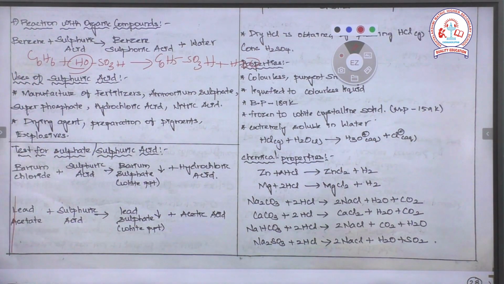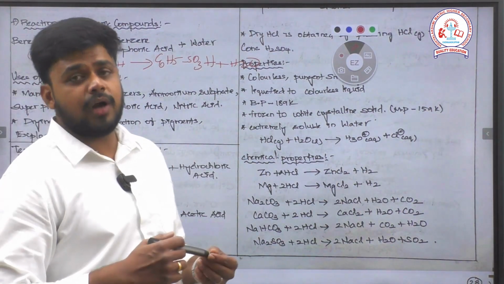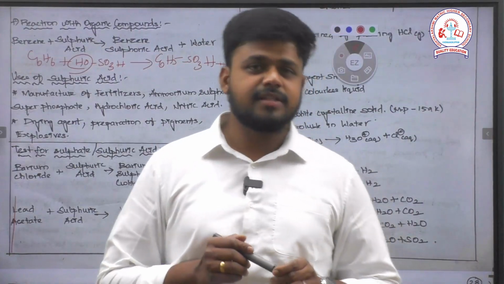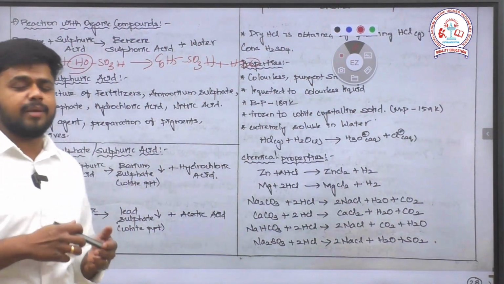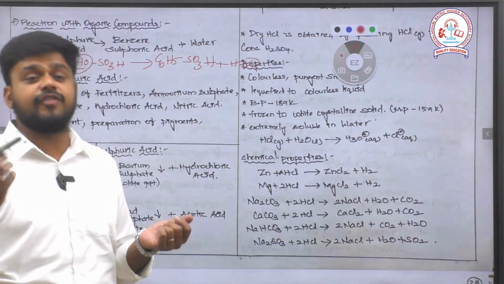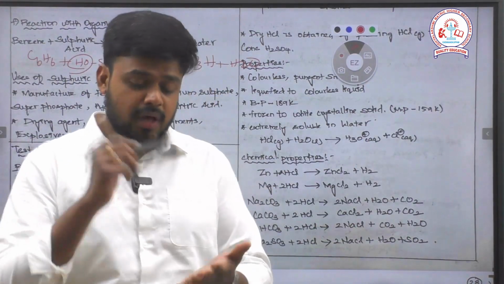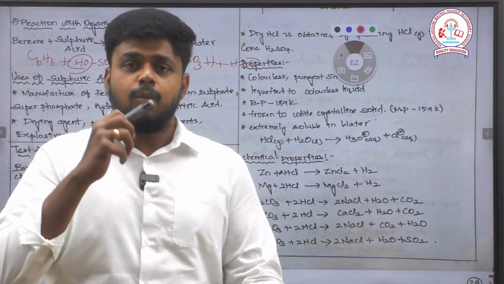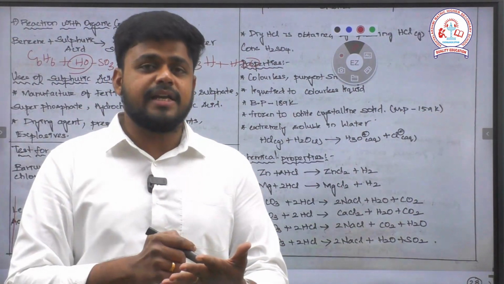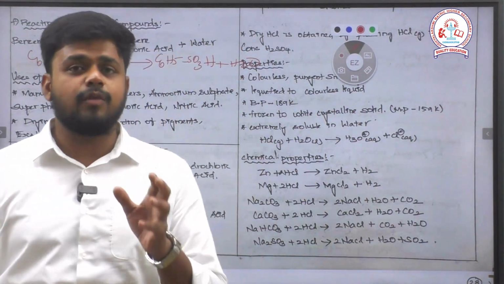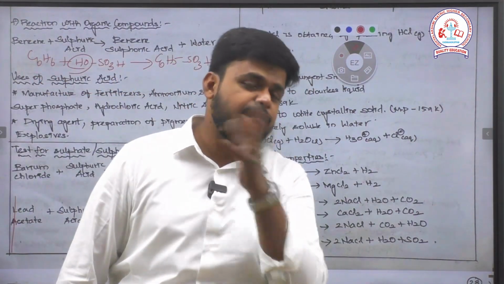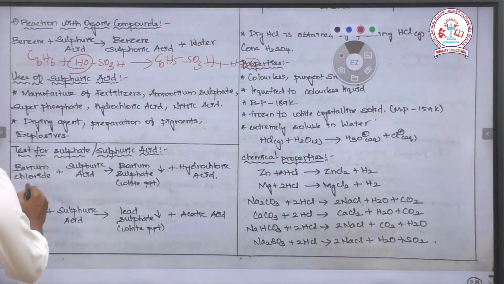Then the important concept is the test for a sulfate. If you have a sulfate in your compound, how to detect it? You have to treat it with barium chloride. When barium chloride reacts with a compound containing sulfate, it forms barium sulfate. A white precipitate is formed. When there is a formation of the white precipitate, you can confirm the presence of the sulfate in the compound. See, barium chloride